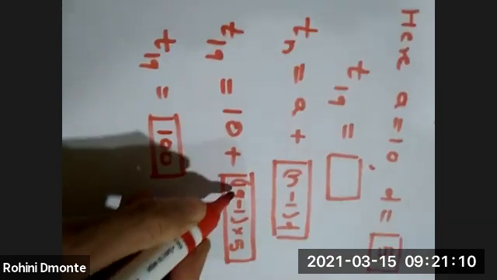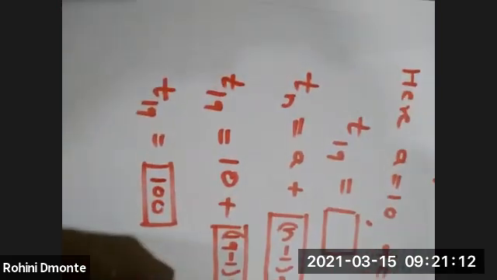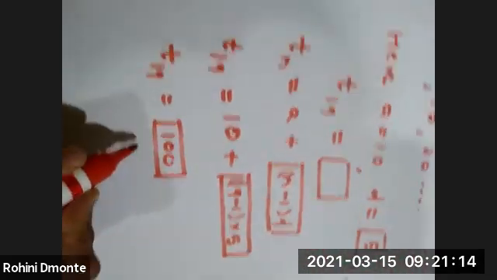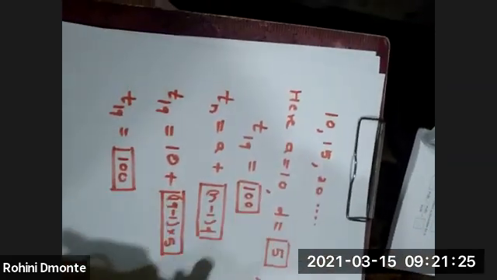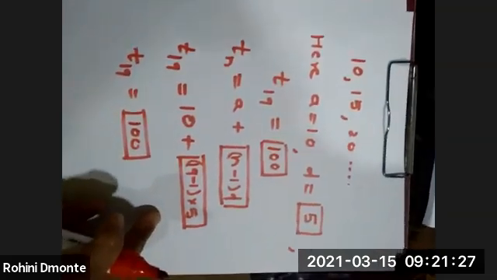Understood, students? Yes. What answer is going to come? Yes, 100 will come. 18 into 5 is 90, 90 plus 10 is going to be 100. So here, for this 19, you will write T19. Each block carries half marks, total 2 marks will be there. Understood for each activity. Now let us move to the next activity.